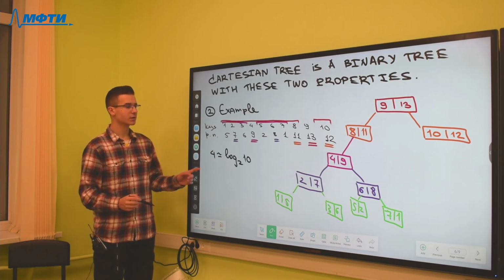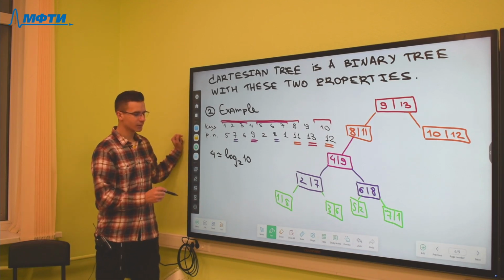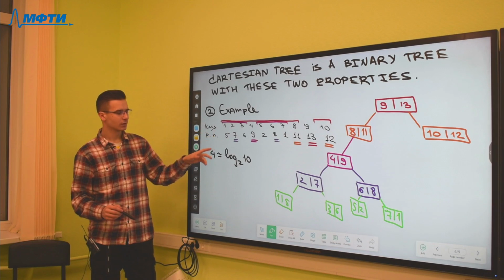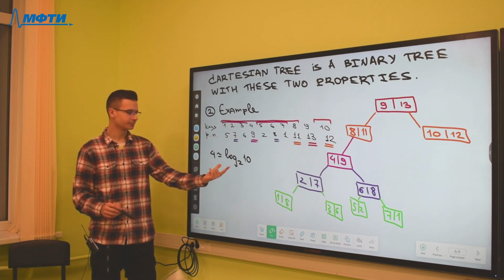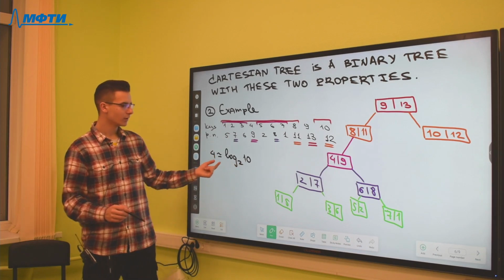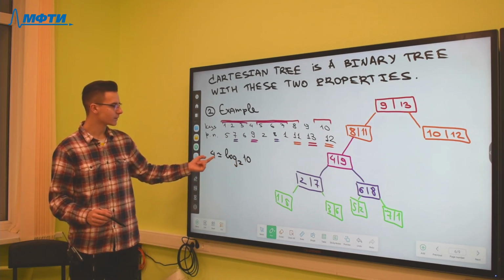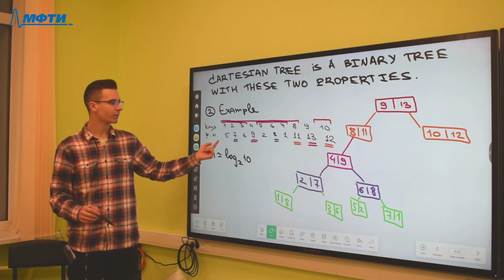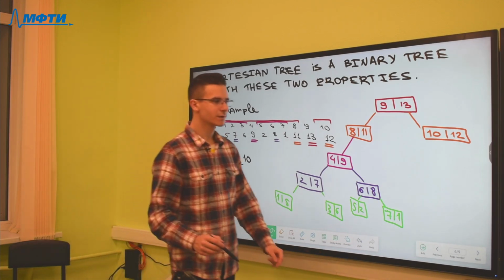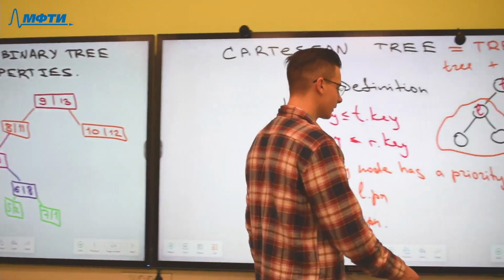So it is not unique: if we make random priorities, we get a tree with the asymptotical height equal to the logarithm of the number of nodes, because it is true that